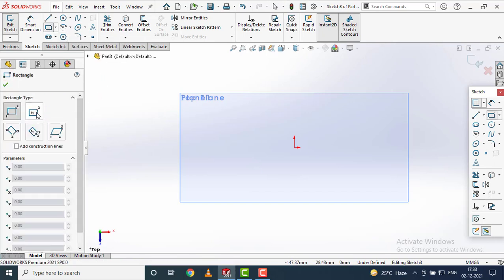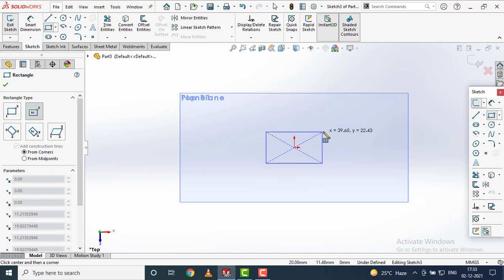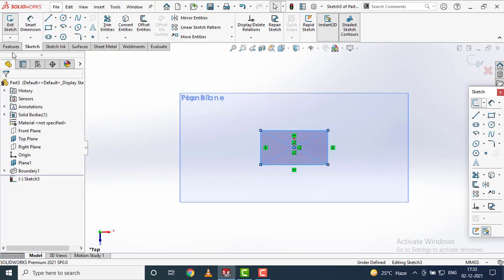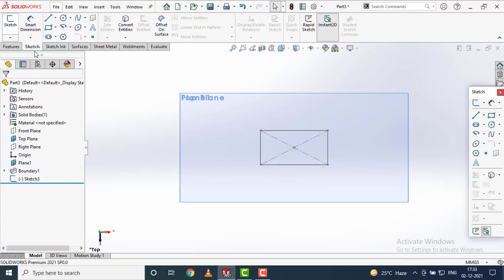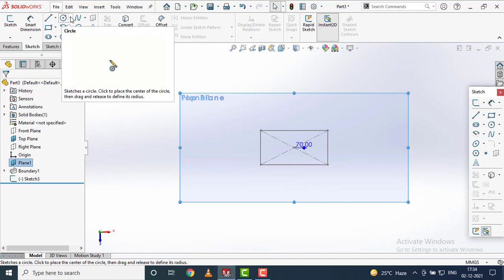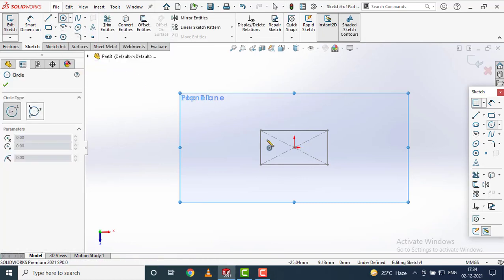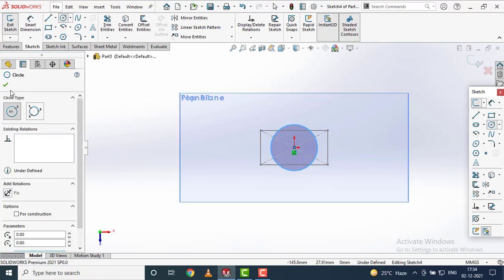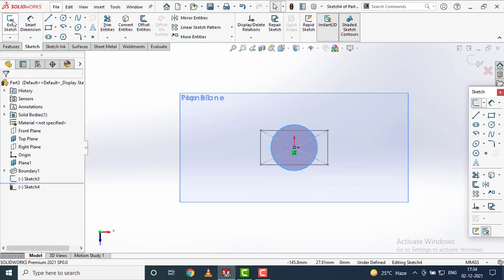I will select center rectangle again and draw a rectangle. OK. Come out of this sketch. Then I will select plane 1, make it normal to, go to sketch, select a circle from here and draw a small circle like this. Click OK. Come out of this sketch.